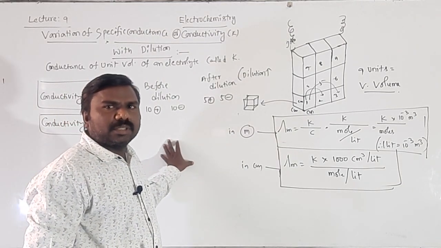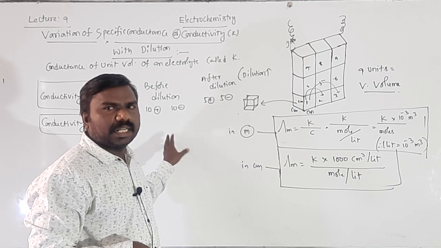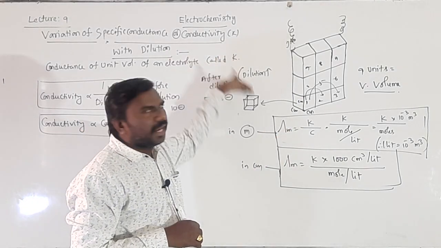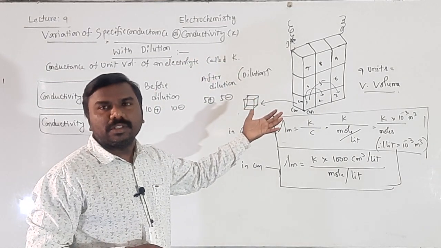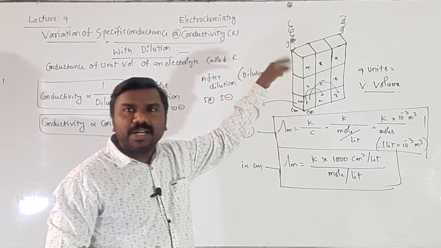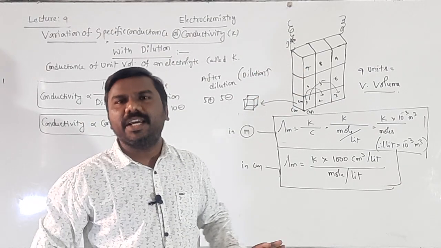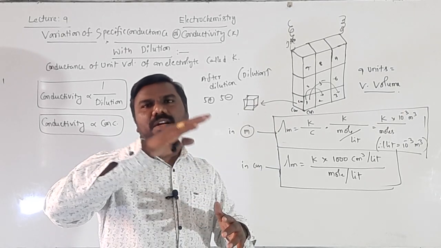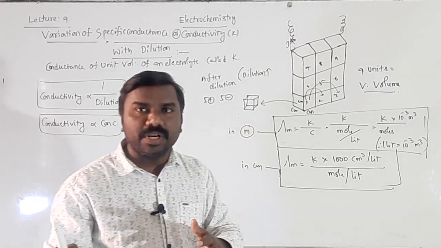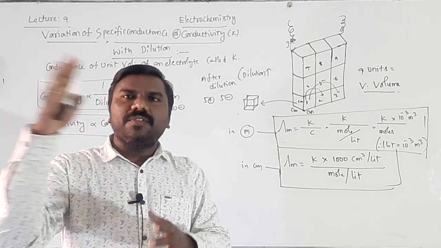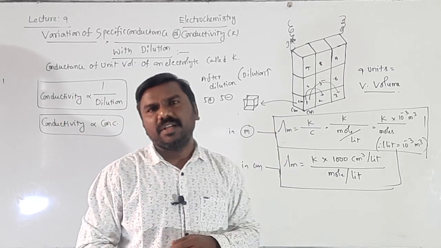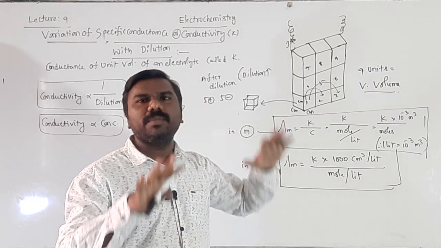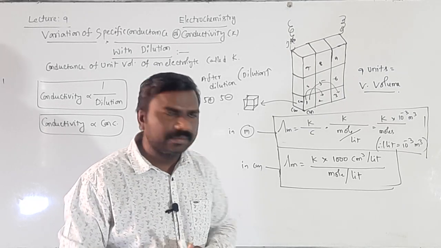Before dilution, it means dilution less, 10 cations and 10 anions, more ions, more is the conductivity. When I added water, more dilution, the ions in the 1 unit will enter into other units because the 1 unit will be filled with water, and when I added more water, the ions and water will enter into the second unit from the first unit, third unit from second unit, like that total will be filled. Finally, in the starting unit, number of ions will be decreased. Understood all of you?